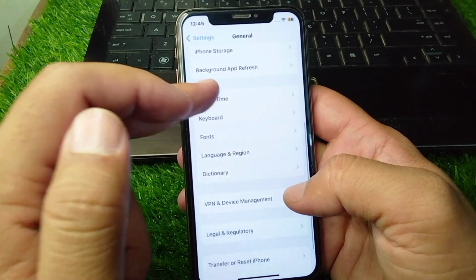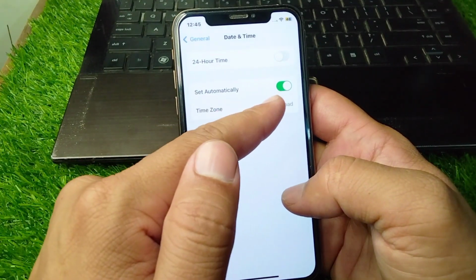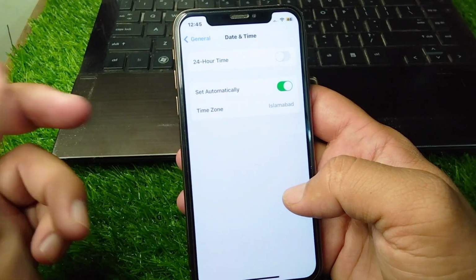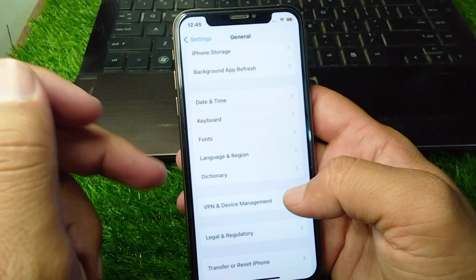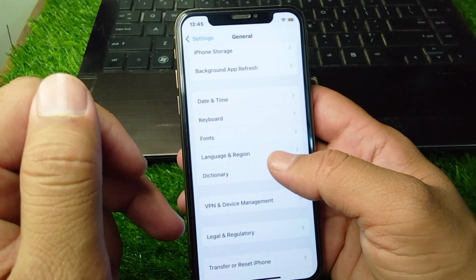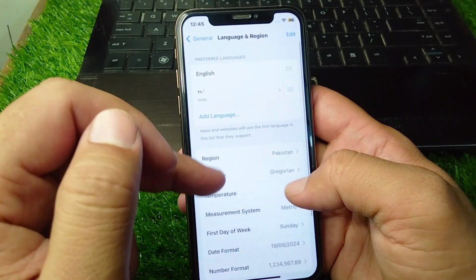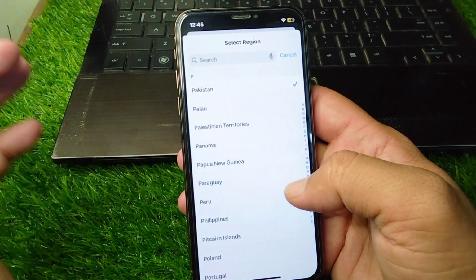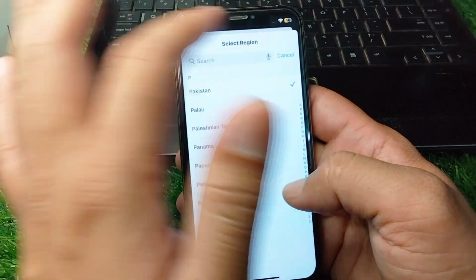and now tap on date and time and turn on the toggle for set automatically, or you have to simply set your date and time in your device, and after this go back and now tap on language and region and tap on region and select your country or region correctly from here. So guys, do this and after this go back